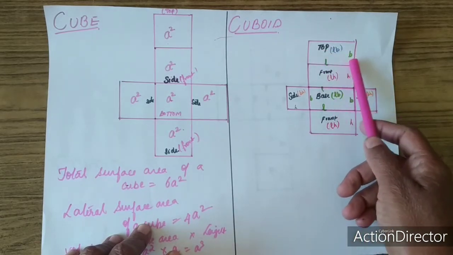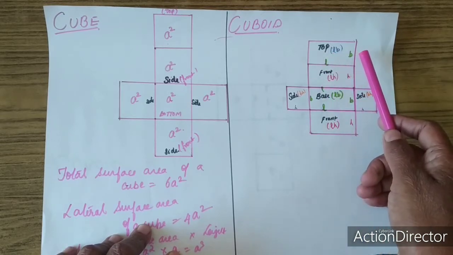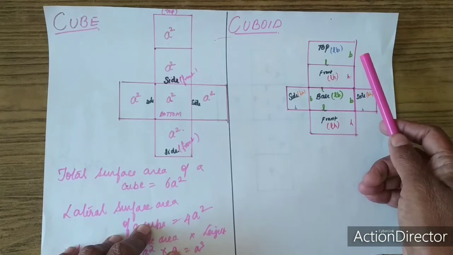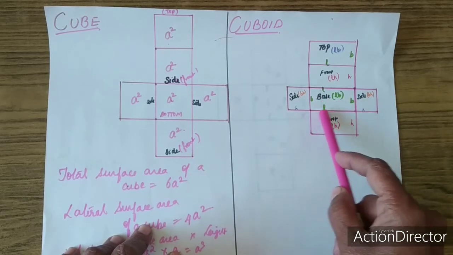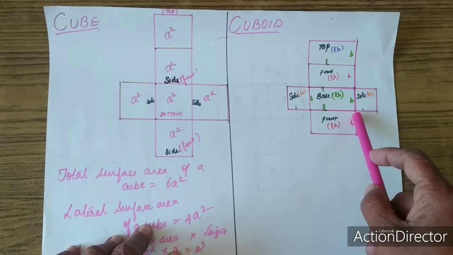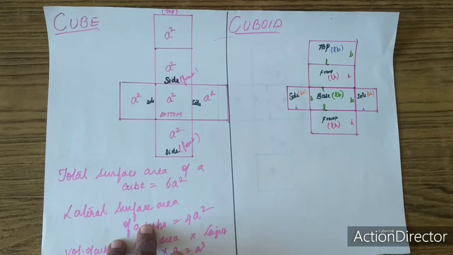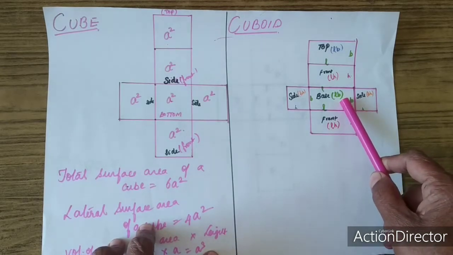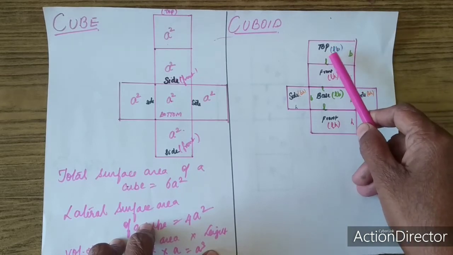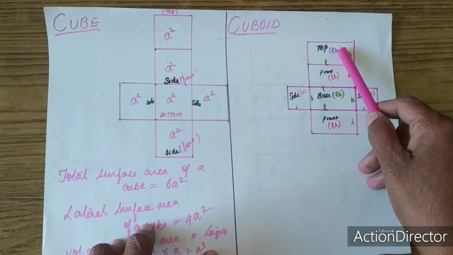each face is in the form of a rectangle. So you have to apply the formula for the area of a rectangle. Area of a rectangle is equal to length into breadth. Coming over here, this is the base; this is the length and this is the breadth. You can imagine your room in your house, where you call the floor the base. The floor is of a rectangular shape, so the area will be equal to length into breadth. The top face, that is the roof of your room, is also equal to length into breadth.